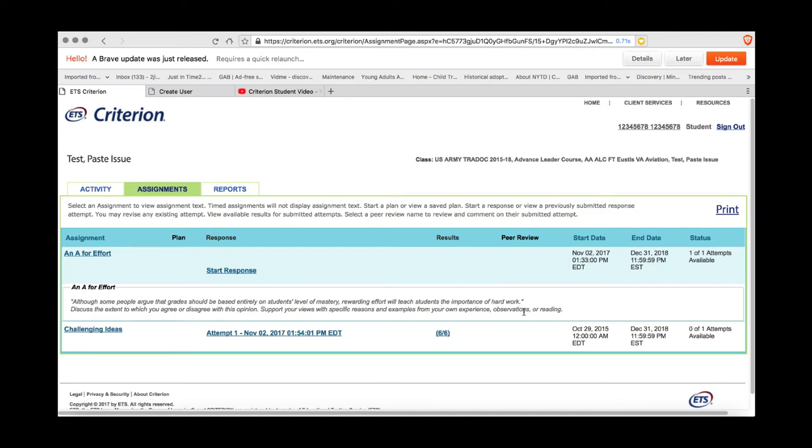In the event you do not see the prompt, that is a result of your NCOA placing a time limit default on your assignment. Once you click the Start Response, your time starts to wind down. So if you start the response by clicking the Start Response button,